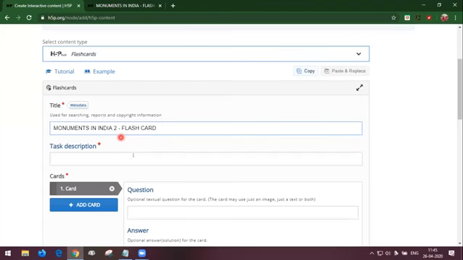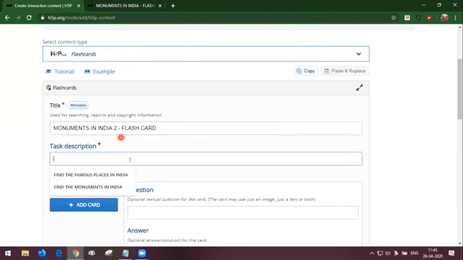Task description is what the students have to do. So here I am giving the task description as find the monuments in India. Now the topic is monuments in India and the task description is find the monuments in India. Okay, is it clear? Yeah. Monuments in India, task description is find the monuments in India.